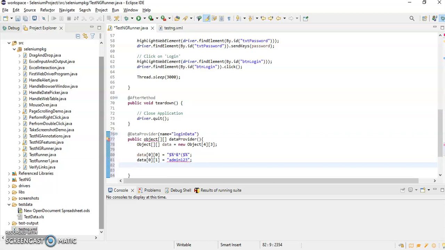Okay, and second thing data[0][2], and here I have to provide what error message the system is going to display when you enter invalid username or invalid password, right?